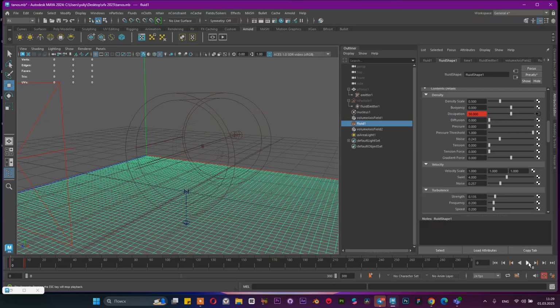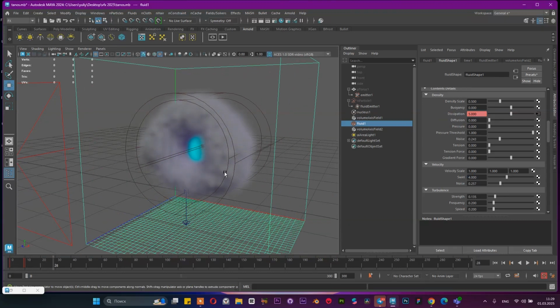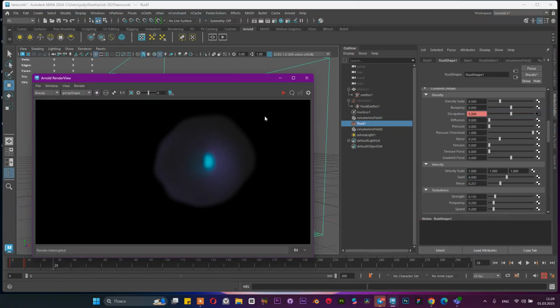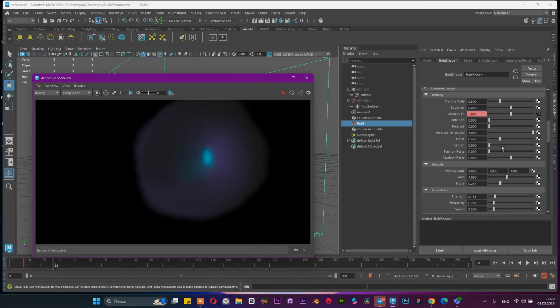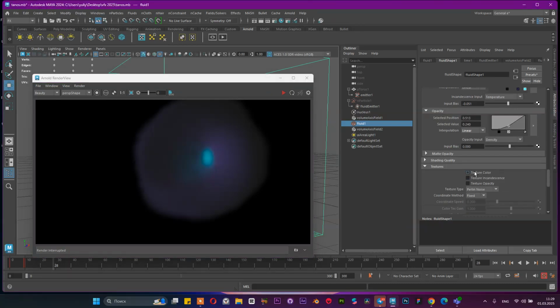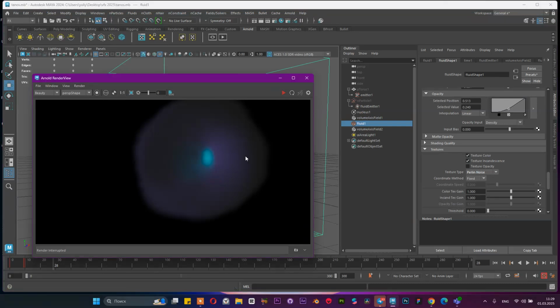Maybe we can add some noise here. And with the noise we have this bumpy, cloudy effects. But we didn't see these cloudy effects in the render. Maybe we can go to the textures and add some Perlin noise to the texture into the incandescence. And maybe with these settings, we will have